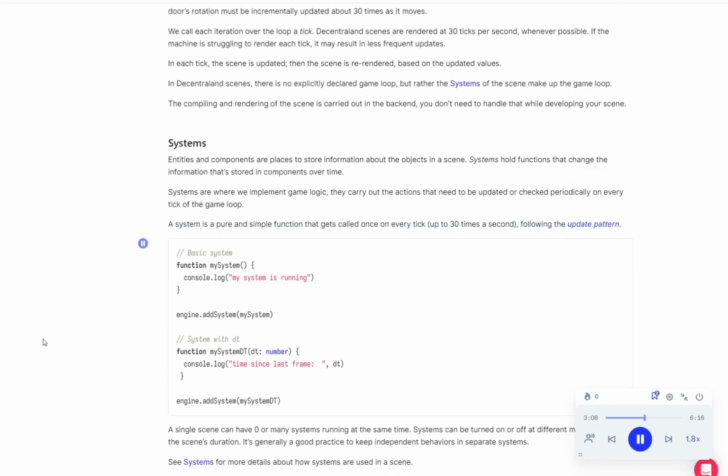// basic system function mySystem() { console.log('my system is running') } engine.addSystem(mySystem) // system with dt function mySystem(dt: number) { console.log('time since last frame', dt) } engine.addSystem(mySystem)